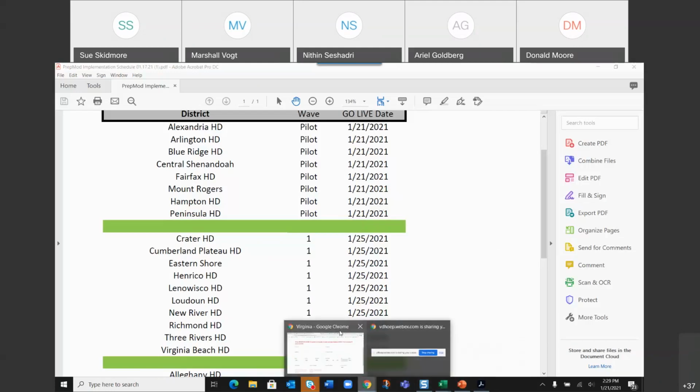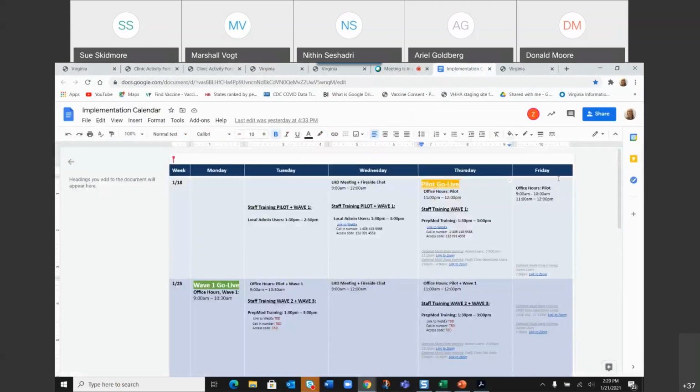Also wanted to cover real quick the implementation schedule to go along with that. Today we are conducting staff training for Wave 1. I haven't seen the list of people who have attended, but we'll train you, give you time in the staging environment, and then we go live on Monday. If you really need to be in the production environment, we do ask that you complete a training or listen to the training. So we recorded yesterday's training and we are recording this one. I'm going to take a look and listen to them after this is over, and we will get one posted